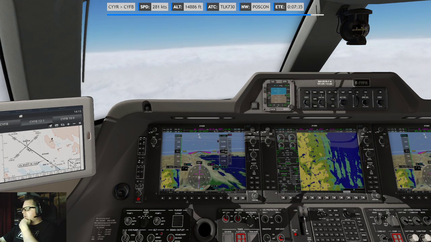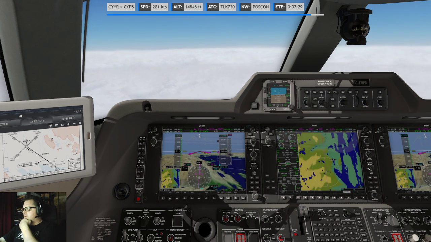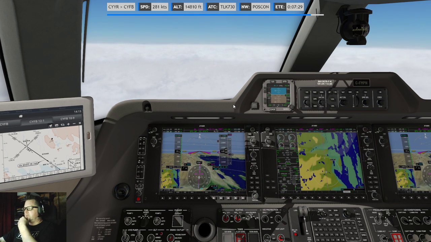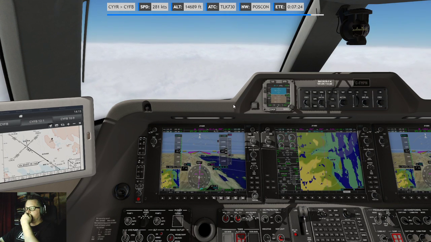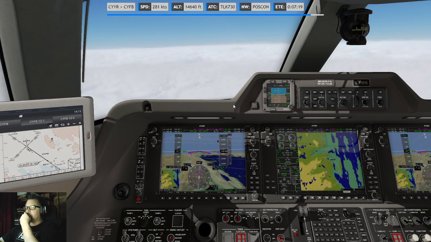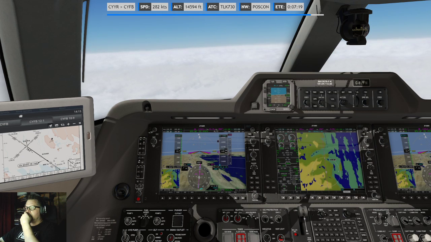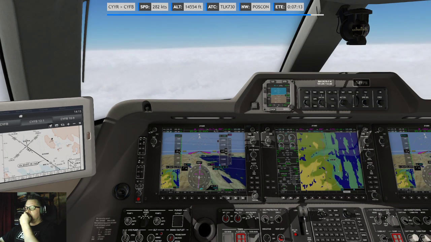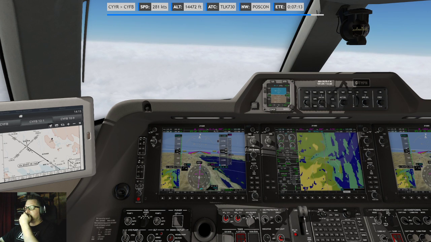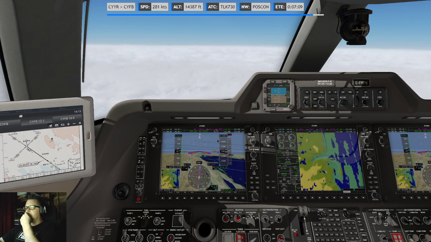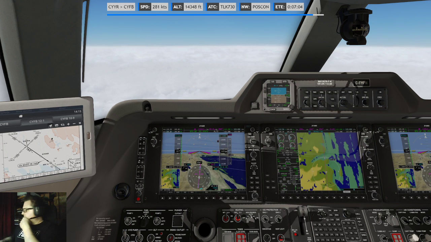All right, let's reduce the range even more. All right, speed brakes before it goes too crazy.